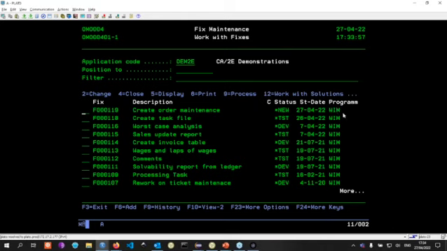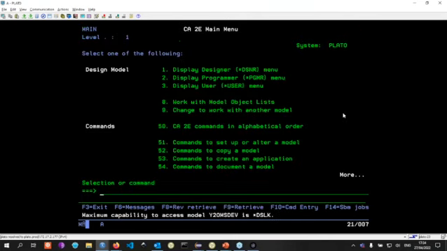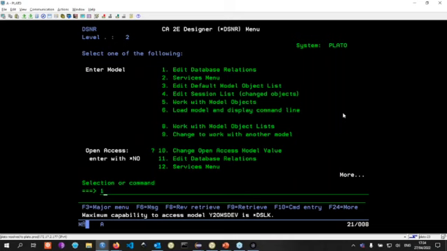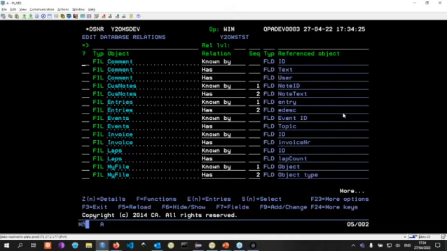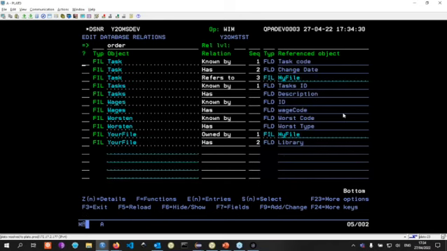So what I now want to do is create a sign-on object. I have this user option called Y2. You're very familiar with that option, and it will also go into the model like this. So I go into my designer menu, and I'm going to edit database relations. First, I'm going to inspect if I already have something with order.